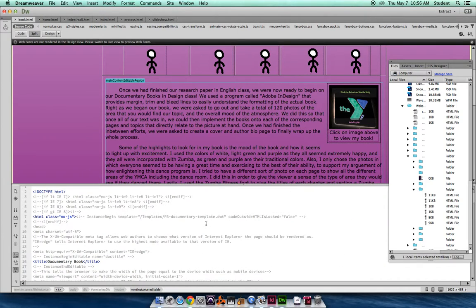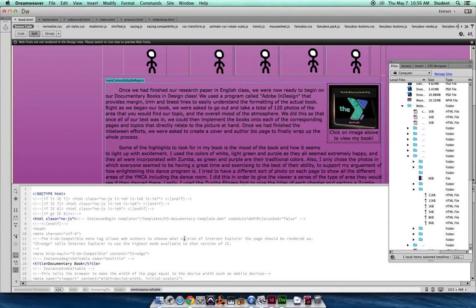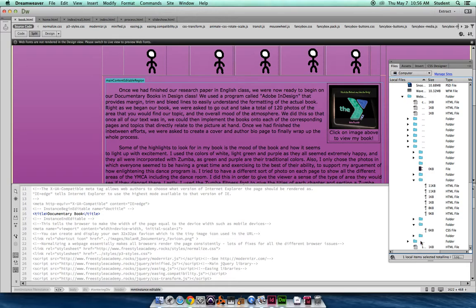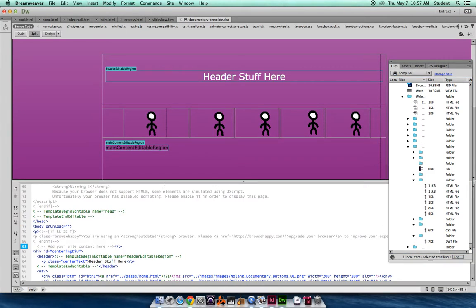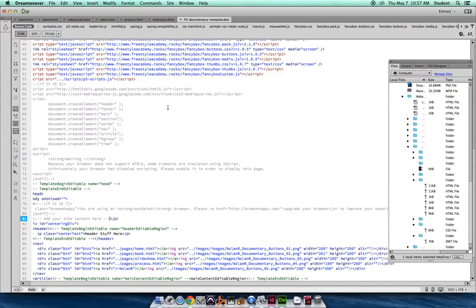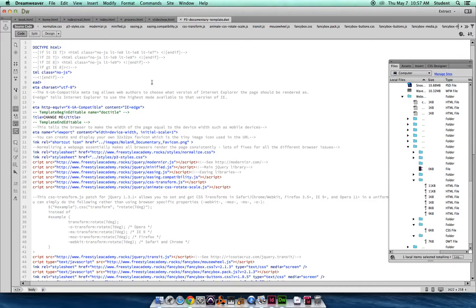Anyways, so what really is going on here is this is just a bunch of coding. Actually, we should go to our template page. So the template page is what tells the rest of your web pages what the format is going to be for them. For example,